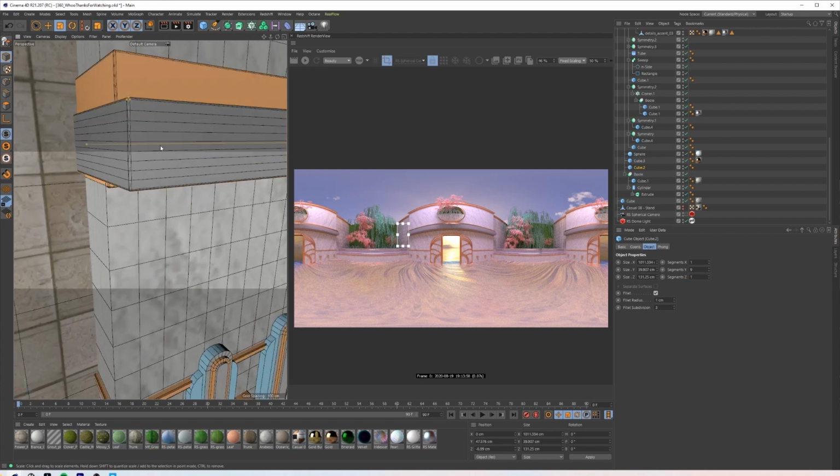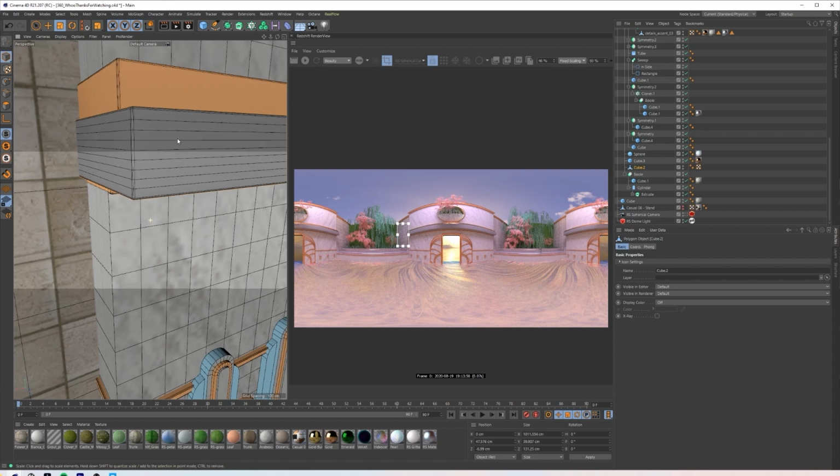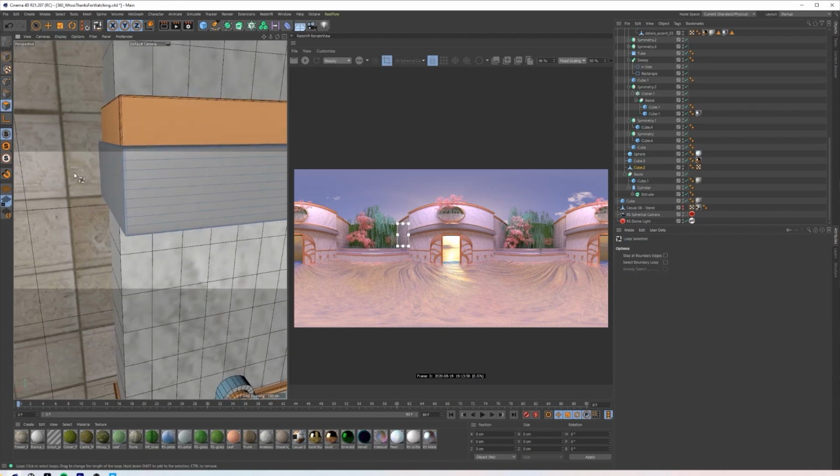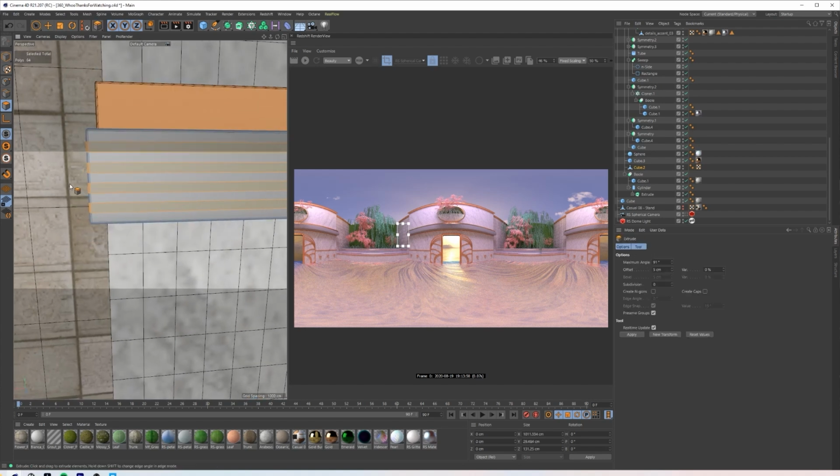Let's see, 1, 2, 3. Yeah, I think I want 9. I'm going to outline this now. And then what I can do is just do really simple. If you select U and then L, that's called loop select. And I can just select these couple things and then press M and T, and that's extrude, and just slowly